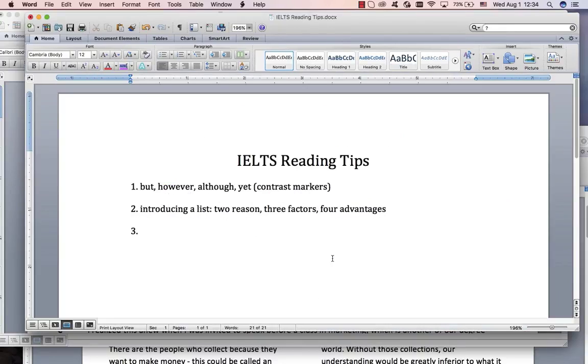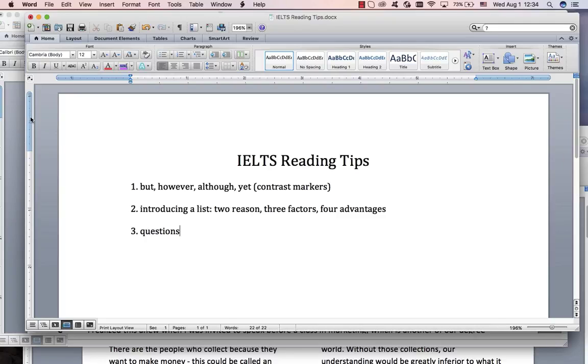The next thing I want to point out, it's not too common, but can really help you because it's easy to see, is when the writer asks questions. He asks the questions for a reason, because he's showing you that this is important information. Usually it's the answer to the question, which is important, but depending on the question type, it can be the question itself.